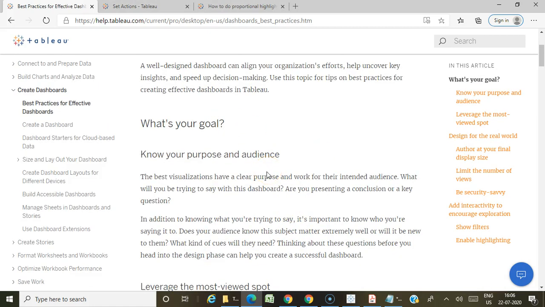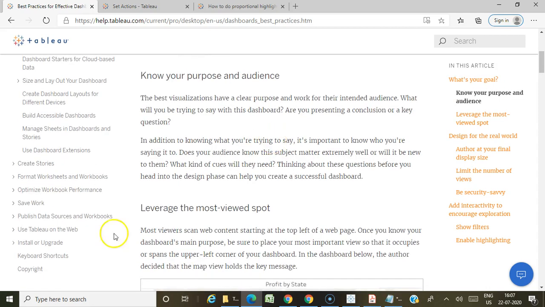So here you have various topics related to best practices, like you have to know about the purpose of why you are creating the dashboard. So if you see this, leverage the most viewed part: most viewers scan web content starting from the top left of the web page.